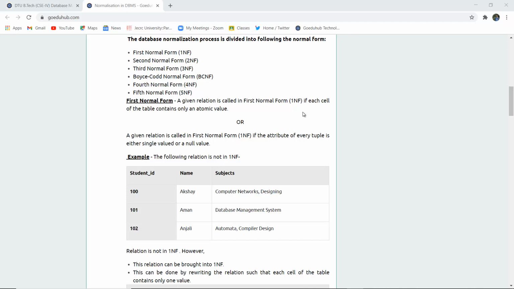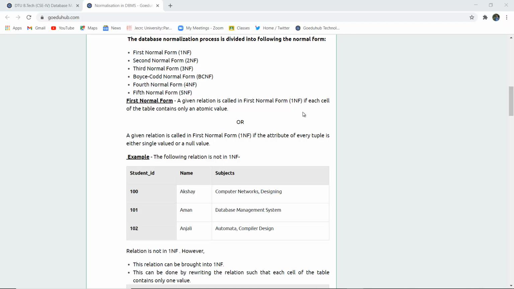Similarly for insertion. We try to insert data in a record that does not exist at all. Then why is the insertion made? Or even if the insertion is already done and we still insert that particular record in a table, that creates an insertion anomaly. So to reduce all these three, update, deletion and insertion anomalies, normalization of data is important in database management system.